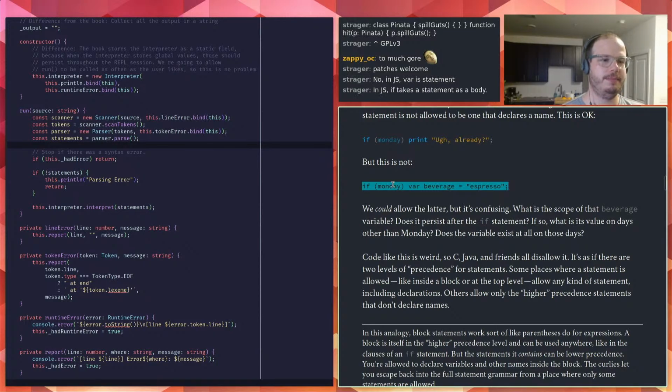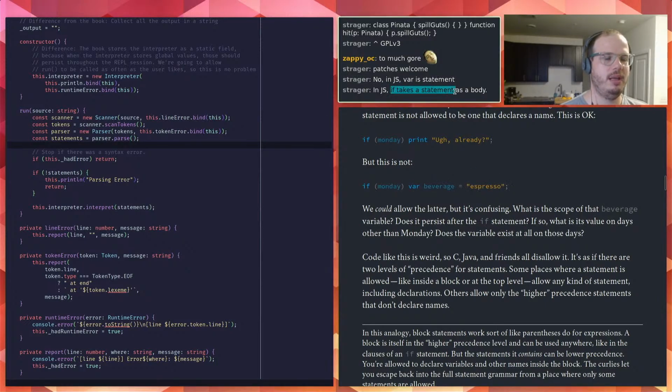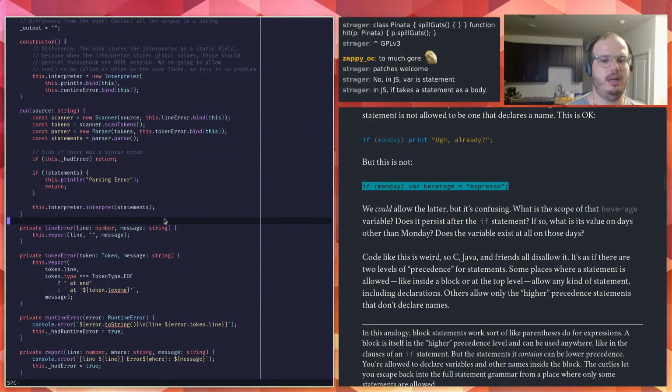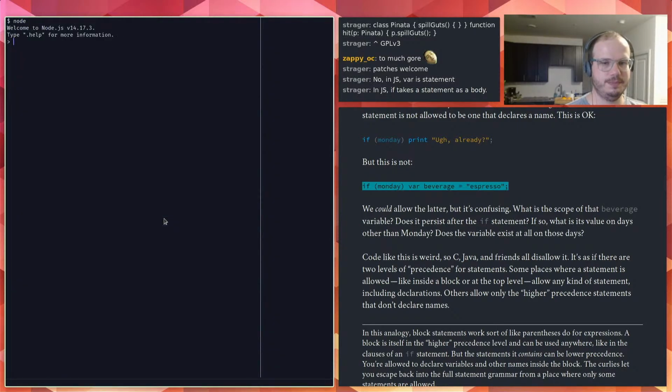That's weird, right? If does take a statement as a body, but I thought that was only true if you used the block notation. I did not know that an if with no... Now I feel like I have to do it just to see.